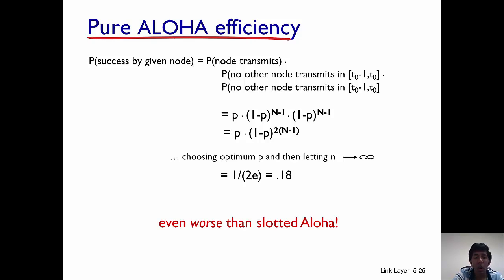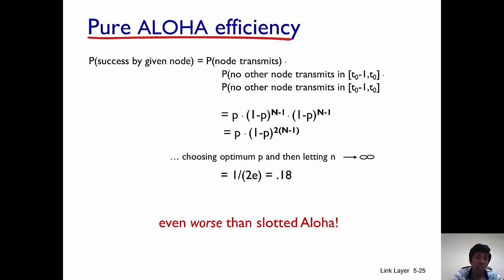And now let's understand how well a pure Aloha protocol works. It works only half as well as slotted Aloha. So it has an efficiency of 18%. That is, only 18% of all transmissions will not result in collisions. The remaining transmissions will all result in collisions. So its performance is even worse than slotted Aloha. And the main reason for this loss of performance, without going into the math, is that in slotted Aloha, users could only start transmitting at the beginning of a time slot. In pure Aloha, they could transmit whenever they want. So that is one of the biggest disadvantages of the pure Aloha scheme.